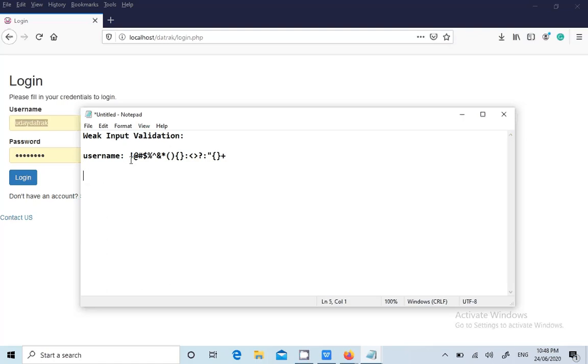Some websites may not accept all the characters, so you need to check. Let's say in the place of username I'm submitting these important characters, like single quote, double quotes, and so on. Some websites will check for these characters and try to block the request. Then what you need to do is remove whichever characters are blocked by the application, and then try again.